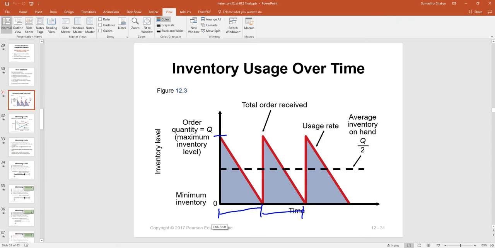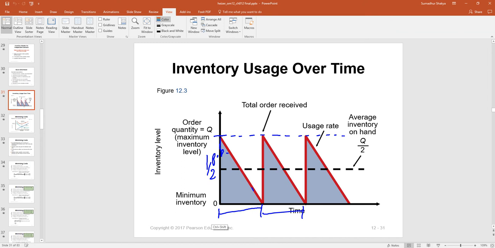That's an assumption. Okay, it shows up in our inventory immediately. There is no lag. Also, if this is the level of inventory that is reached every time we place an order, then the area under the graph is represented usually by half of